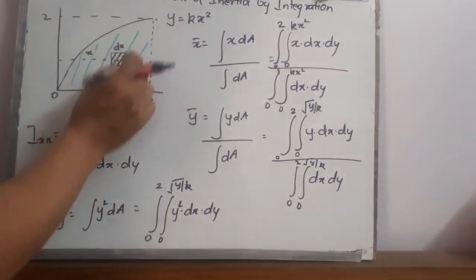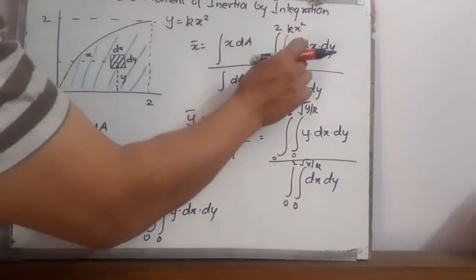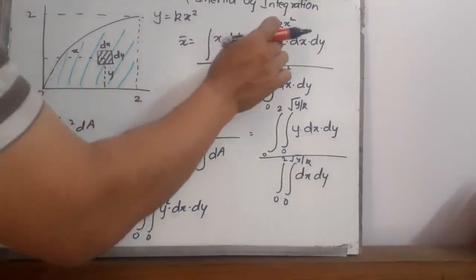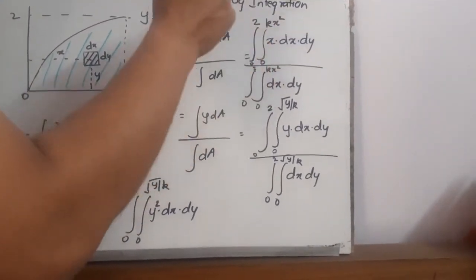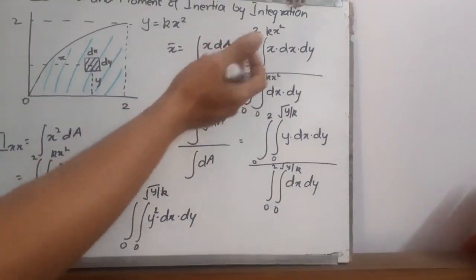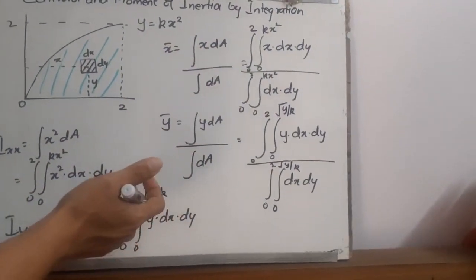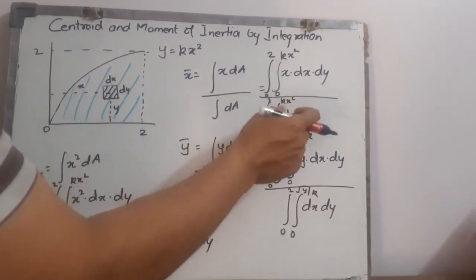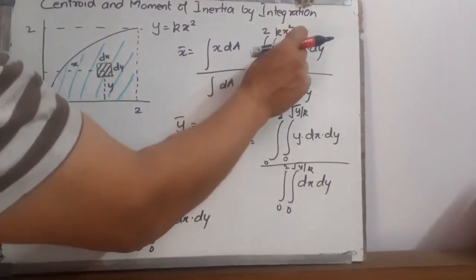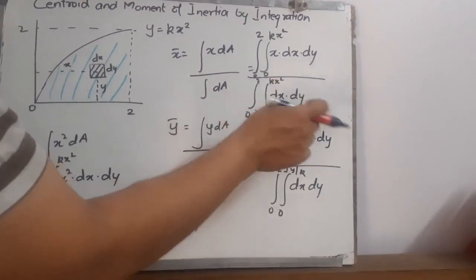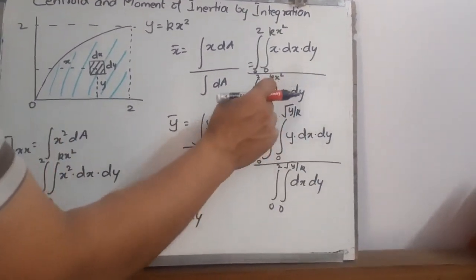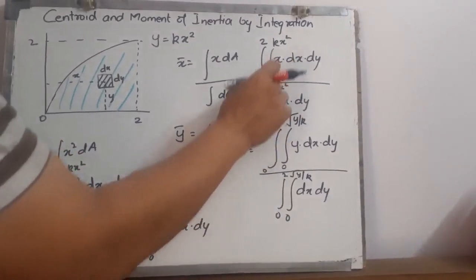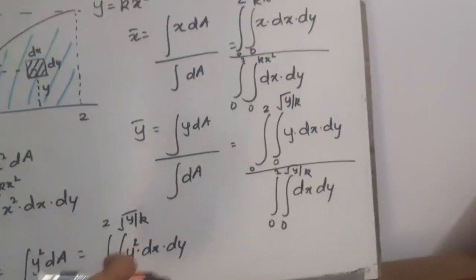So first you will see that y is varying and next x is varying. How is y varying? It is varying from 0 to kx square, which has been shown here, and x is varying from 0 to 2. We will be integrating x afterwards just because we need to find out the value of x bar. And in the term dA, everything else remains the same, only x will be removed from here. So removing x, you have this equation, a double integration of dx into dy, varying from 0 to kx square and then 0 to 2.